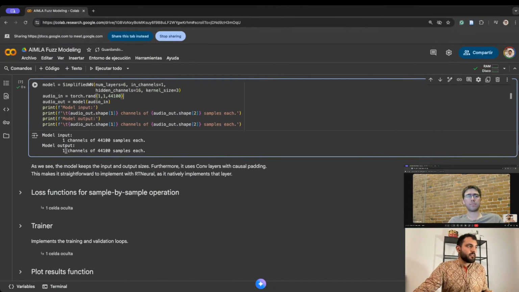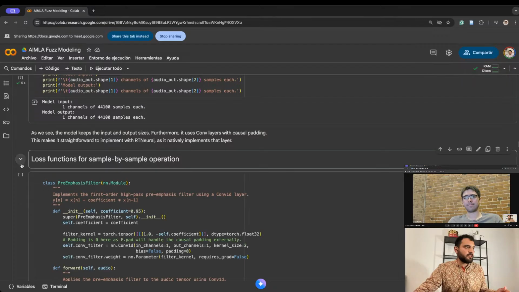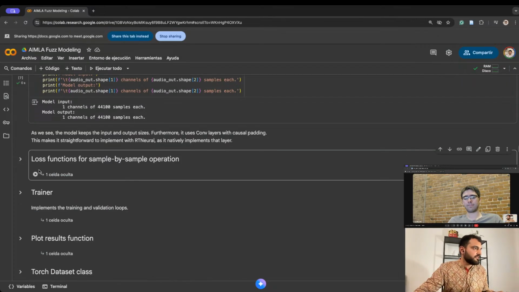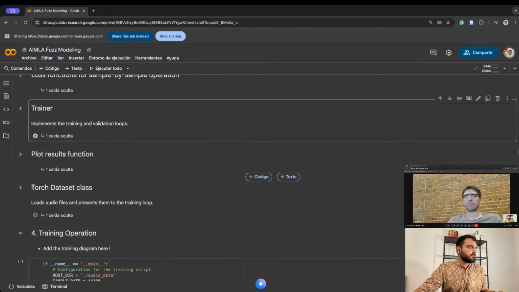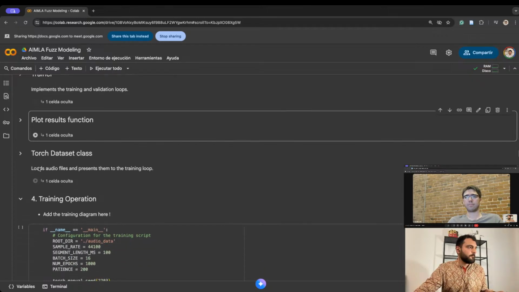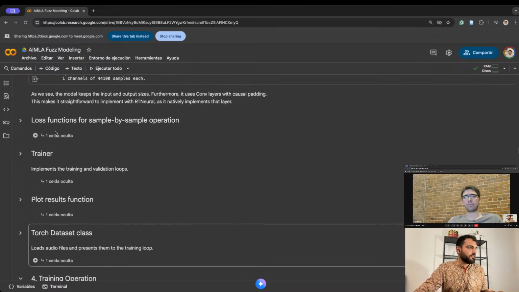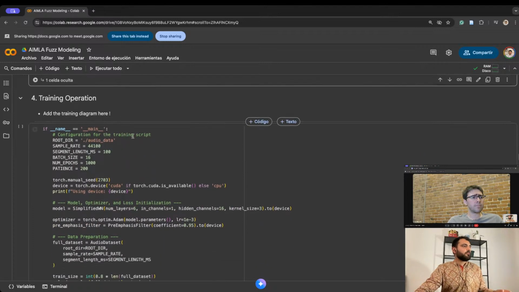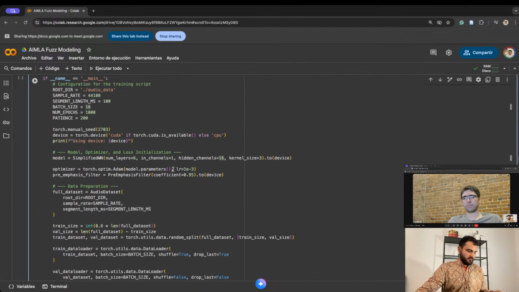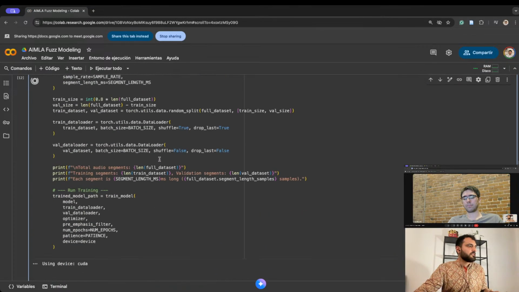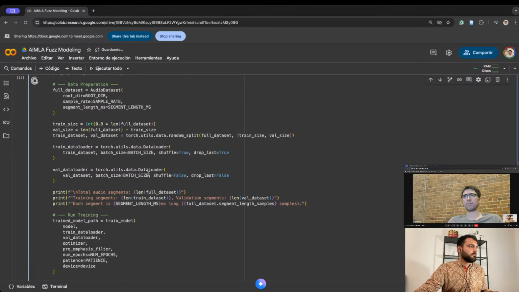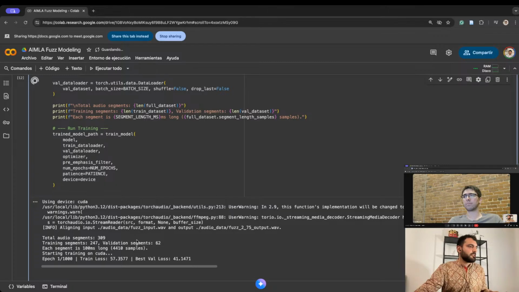So whoever wants to access this notebook later and take a look at the loss functions and the way we train this model, that's all right. And we're going to just run this to concentrate more on the inference process that we are going to have. And then we can call the training system and train it for a few epochs. Here we go. Let's see if it is training. Yes, apparently it's starting. Nice, it's started to train.